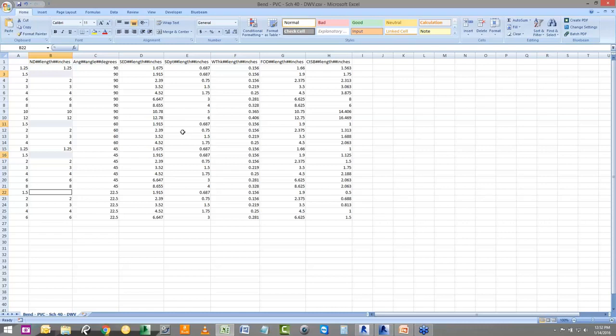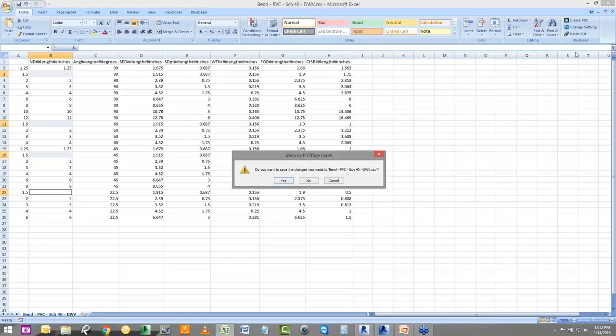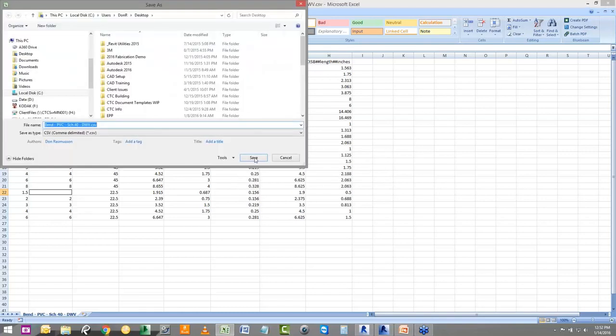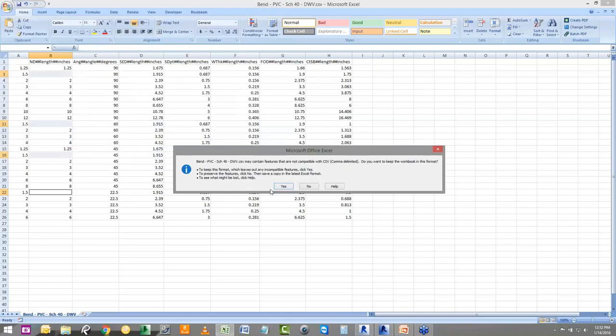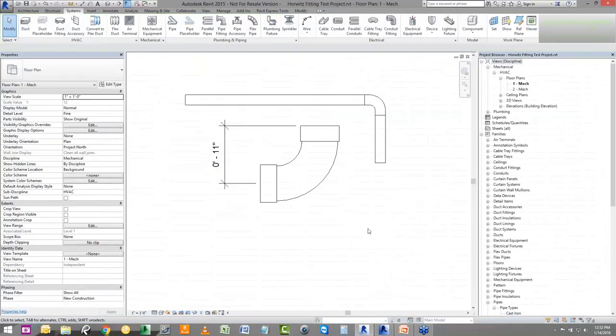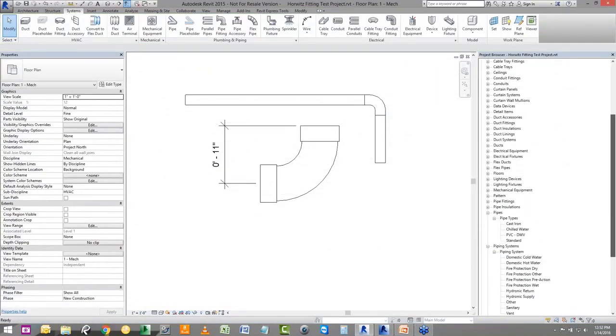So a real quick and easy way, say for example, to get the Schedule 80 pipe up to where it is supposed to be from a fitting standpoint, because if you remember, if we go to regular out-of-the-box Revit, and I'll just close this for now, save it. If we go to out-of-the-box Revit and we look at pipe